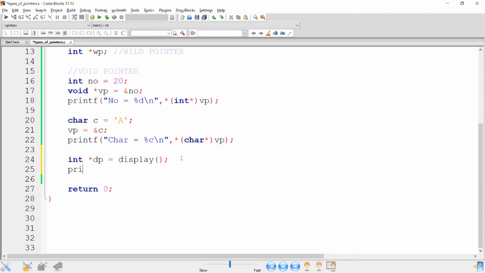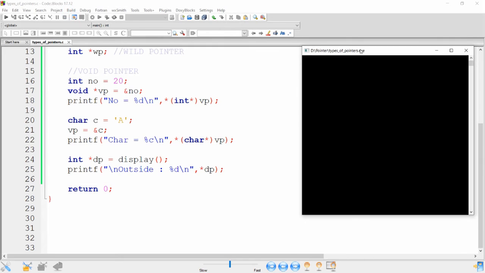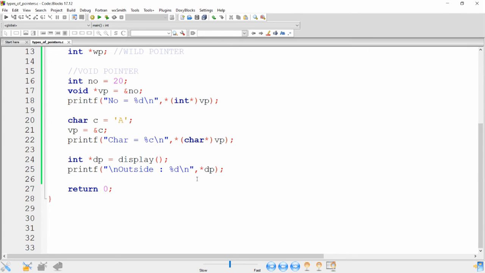And suppose you are trying to access the value outside, and you want to access the value through pointer dp, then you will not be able to access it. It will not print the value and you will get a process termination. If you look carefully, inside the function *p equals 100, but I am not getting any value over here. Why? Just because the pointer dp is the dangling pointer which points to a variable which is not available.